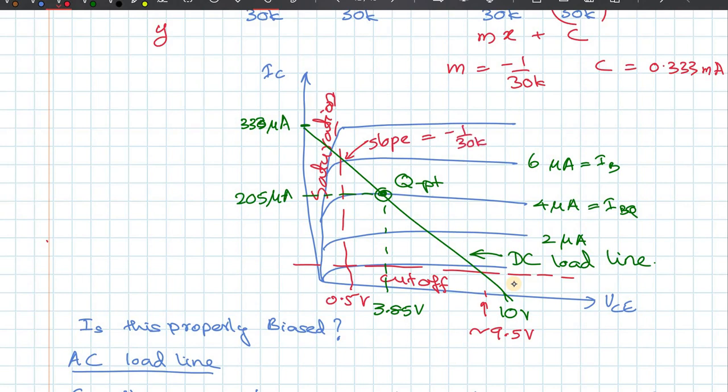Now it is minus 1 over 10k for the AC load line. So should it be steeper or less steep? This is a negative slope, so therefore what you have is actually